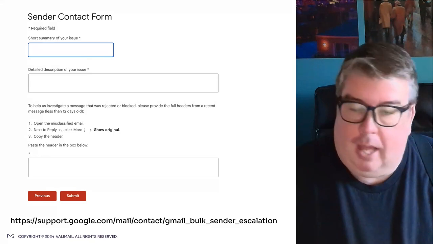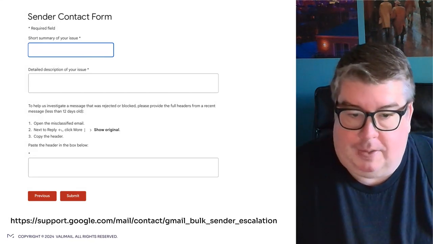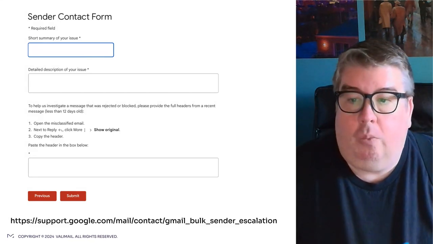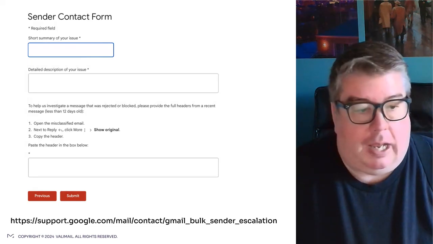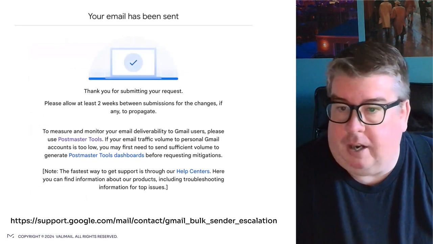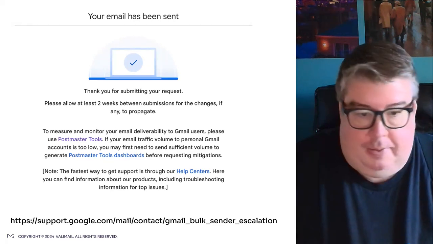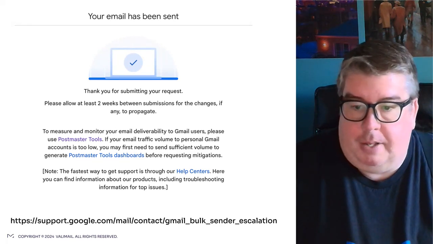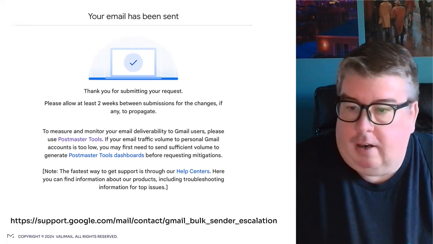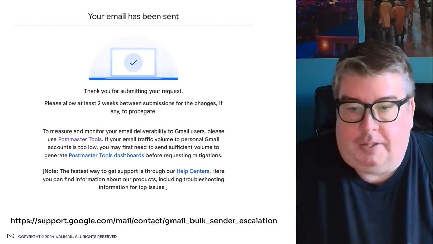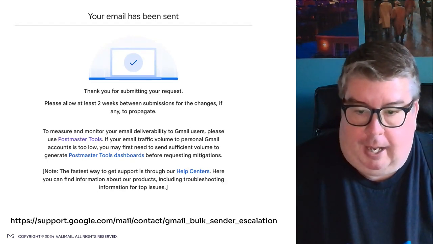What stream of mail does this refer to? That's going to be a necessary thing for them to figure out what mail is being discussed here, what issue needs to be addressed here. Then you submit that. You're going to get this little reply pop up that says, hey, your email has been sent. The important thing here is please allow at least 2 weeks between submissions for the changes, if any, to